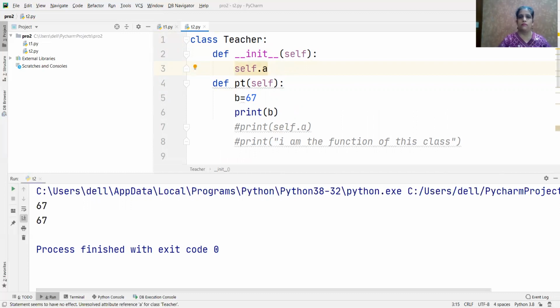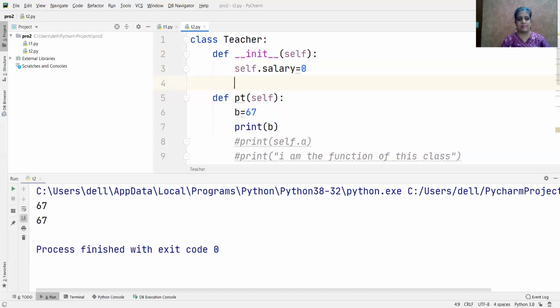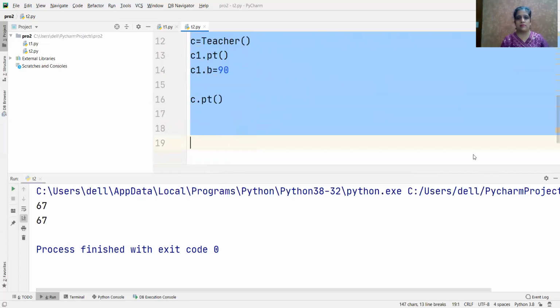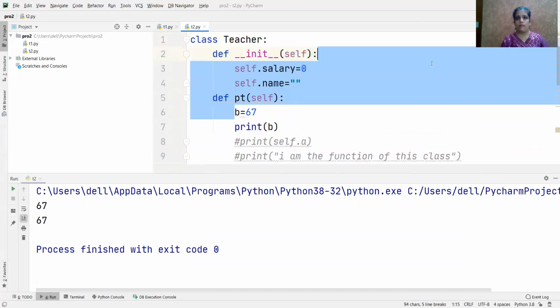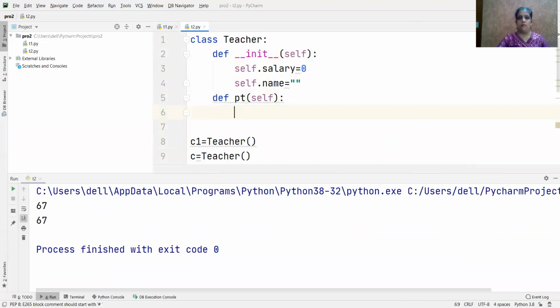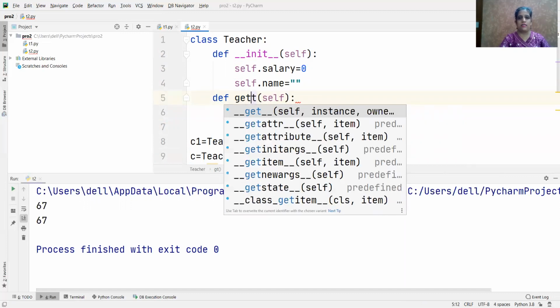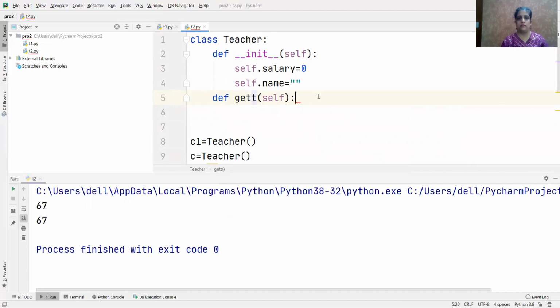Self dot a एक लेते हैं टीचर का नाम और उसकी एज, ठीक है, या उसकी सैलरी हम ले लेते हैं. तो लेट मी डिक्लेयर द वेरिएबल सैलरी हियर. तो इनिशियलाइज मुझे उसको करना पड़ेगा. तो सेल्फ डॉट नेम is equals to, let me make it blank right now. ठीक है, and let me remove all these things. Let me put here get. चलिए यही नाम दे देते हैं.